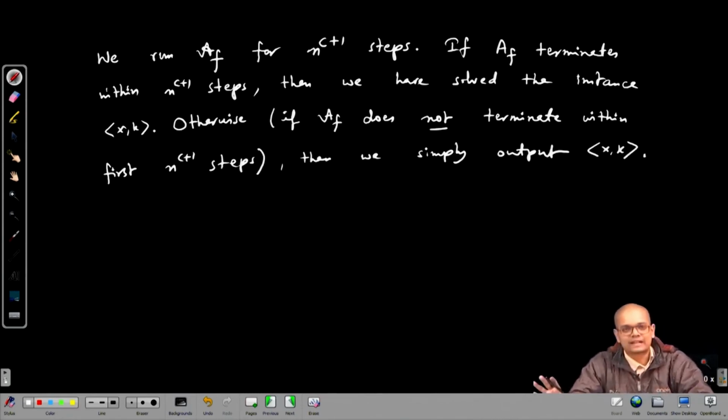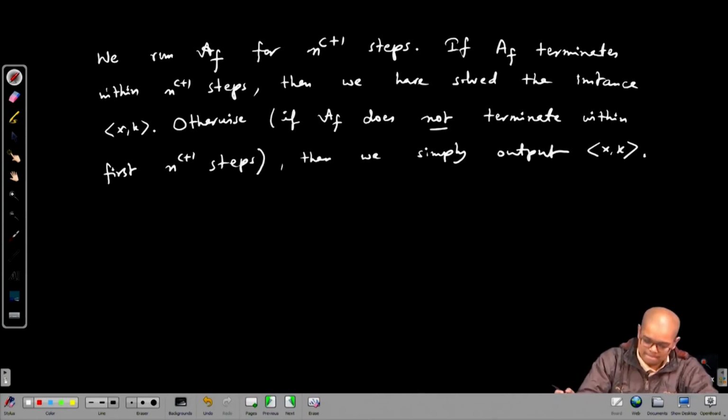Now we claim that this algorithm is a kernelization algorithm. So two cases: